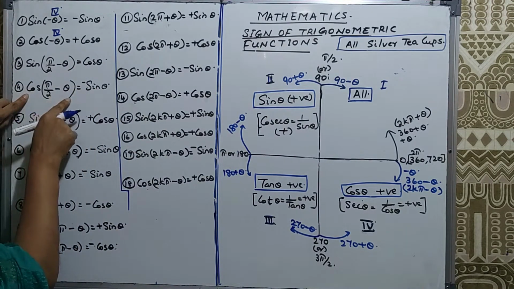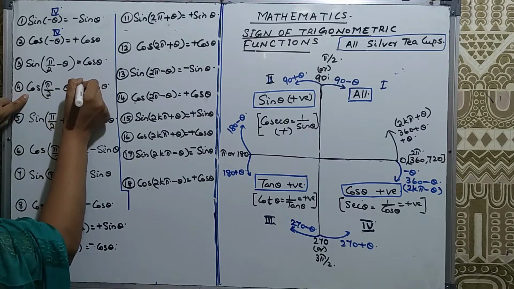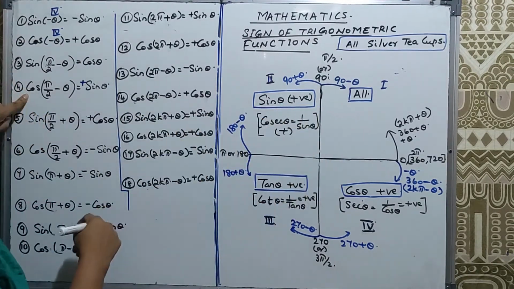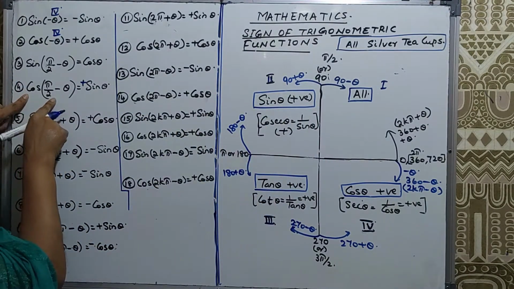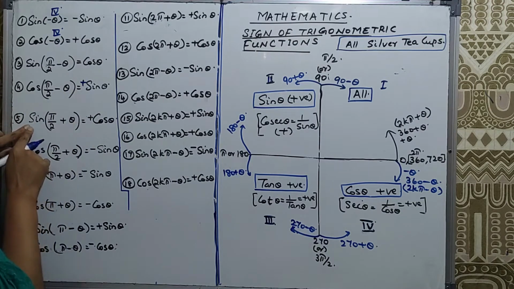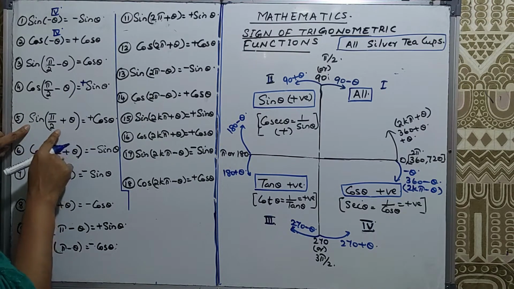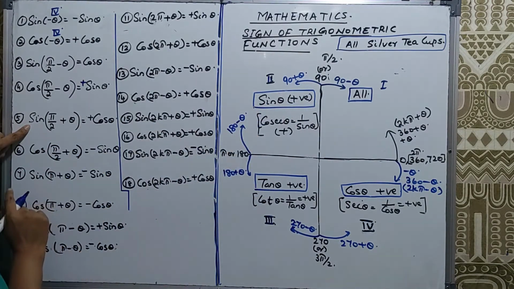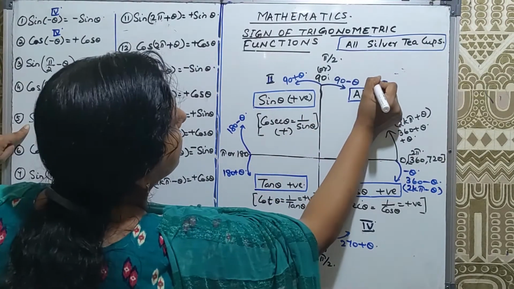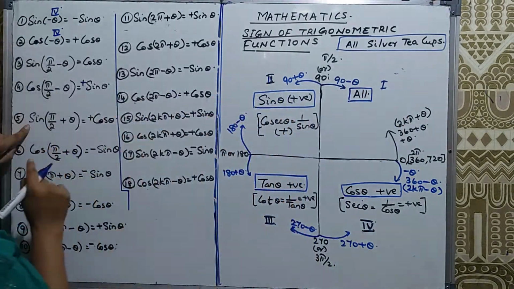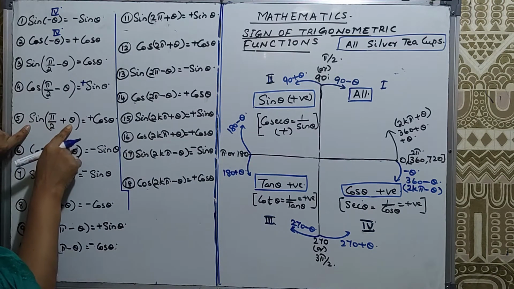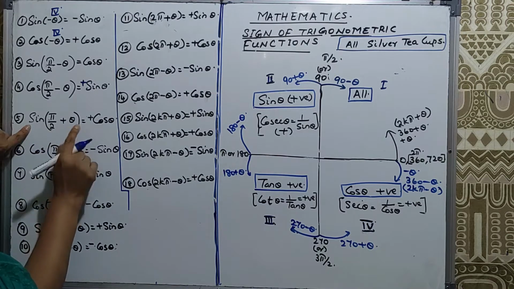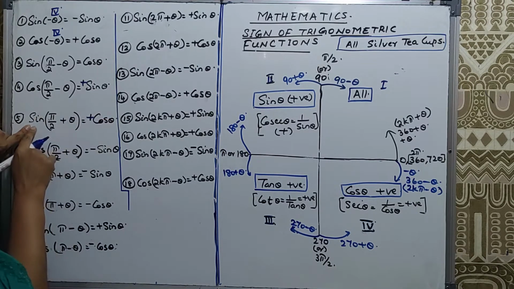And again cos 90 minus theta is also belonging to quadrant 1. So in quadrant 1 all the trigonometric functions are positive. So cos 90 minus theta will be plus sin theta. Next one, sin 90 plus theta. All the 90 plus thetas belong to quadrant 2, pi by 2 plus theta. So it will become complementary angle. So sin 90 plus theta will be plus cos theta, because the sine function will be positive